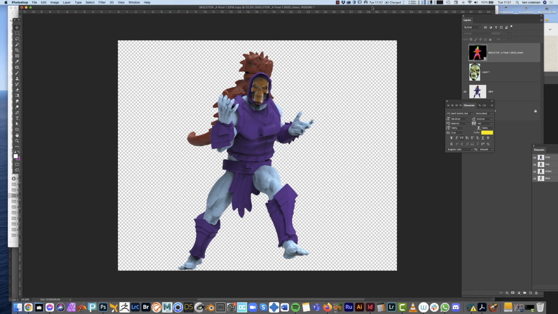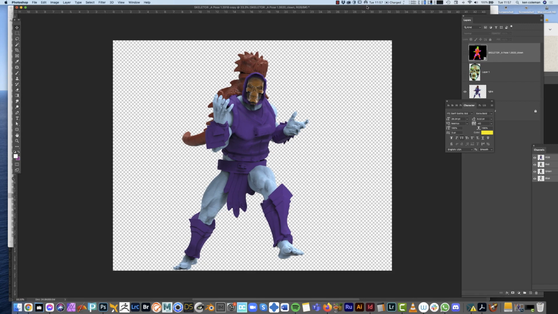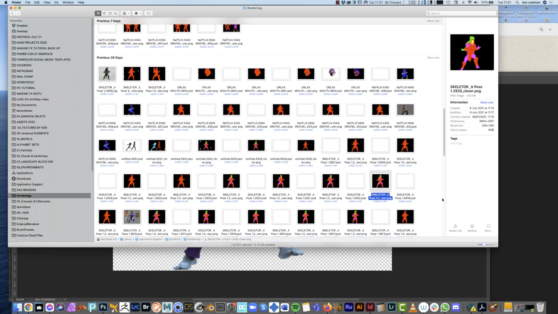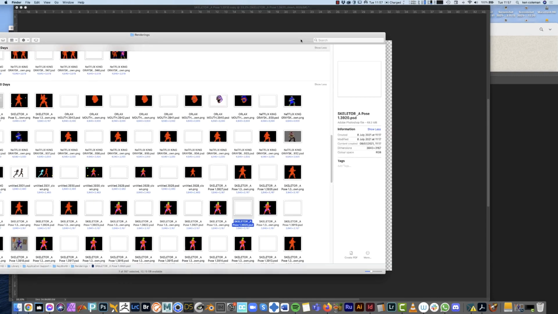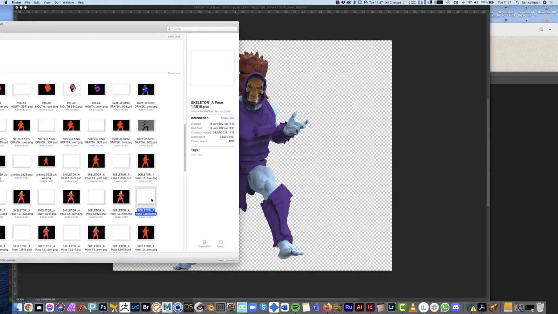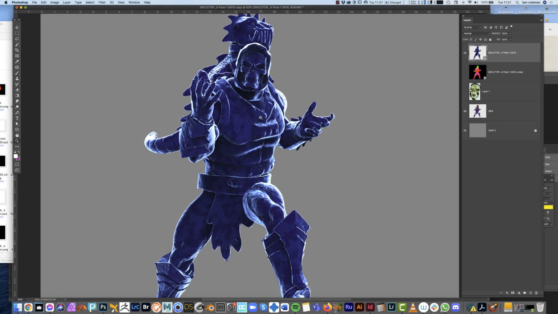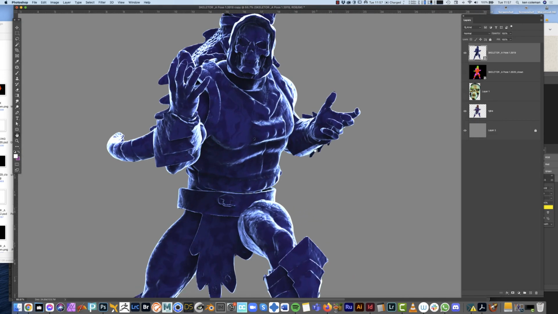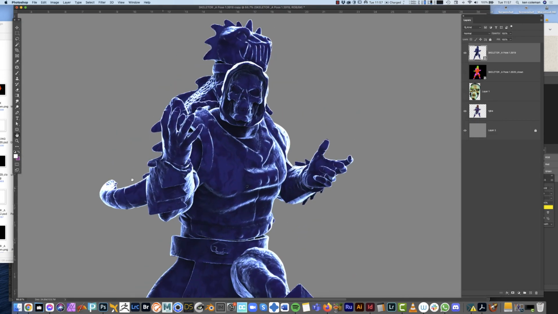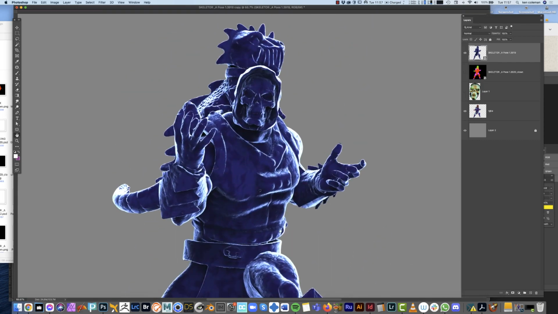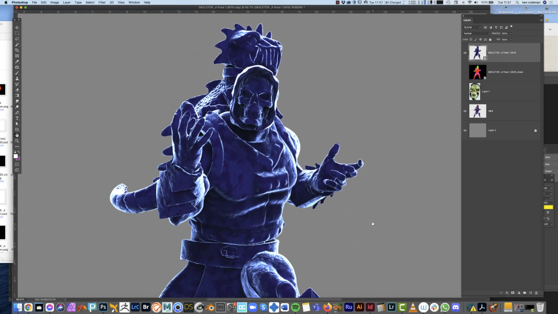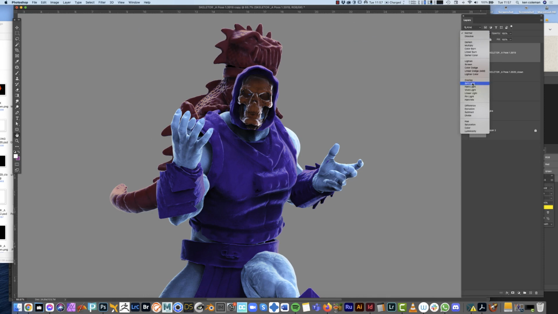Okay, so this is my first layer that I've opened. What I do then, if I go into my renderings here, from my renders folder from Keyshot, and I start dragging in my other renders. So that's my blue white rim render. I've taken the liberty of adding a grey background because it helps me see if there's any other artifacts like shadows on the ground or something that have come in from Keyshot. So what we do is we set that to soft light, and instantly we start to get a lovely translucent